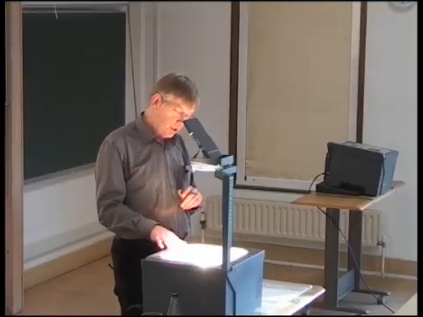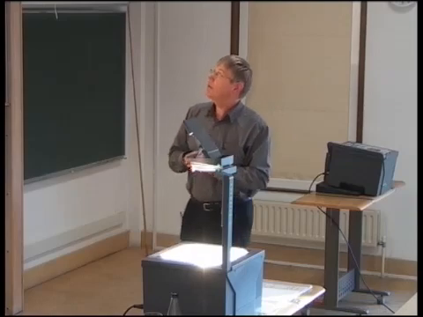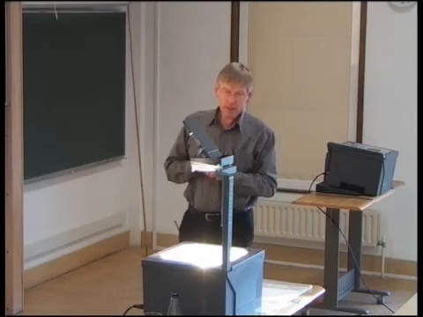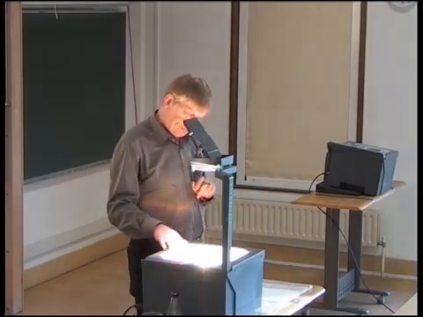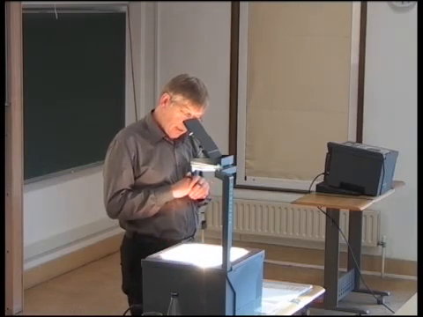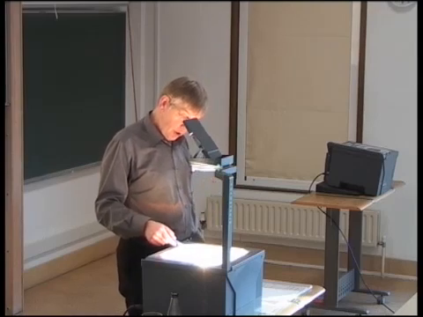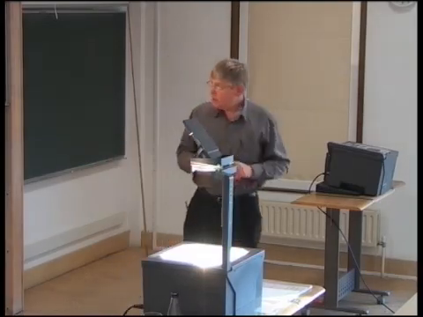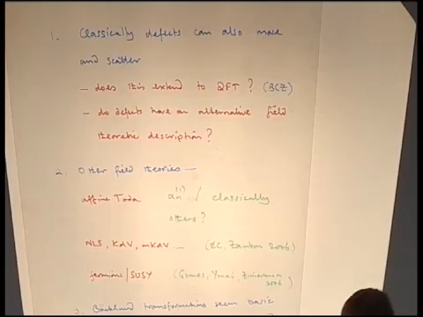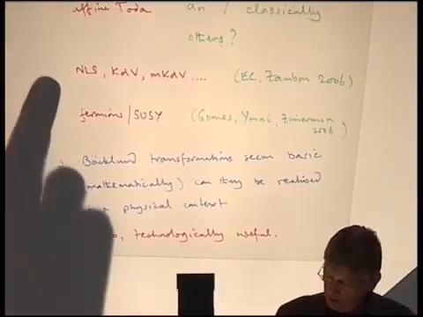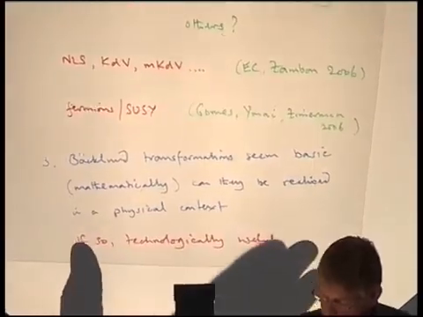Then a question, of course, is do these objects have an alternative field theoretic description? In other words, what are they? Can we think about them in some other way? In other field theories, we can play the same sort of game, and I mentioned that there's a group of people who've been looking at supersymmetric versions, where things change a little bit more dramatically than they do if you just start looking at field theories with more components, such as affine Toda or nonlinear Schrödinger, KdV, MKdV, and all that sort of thing.